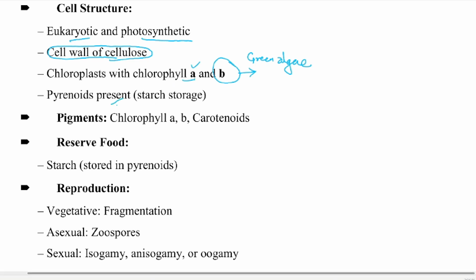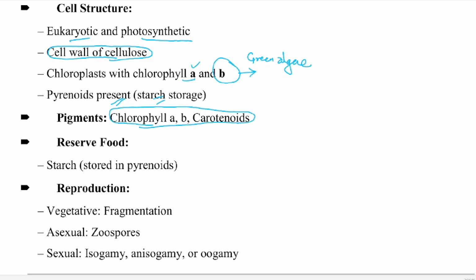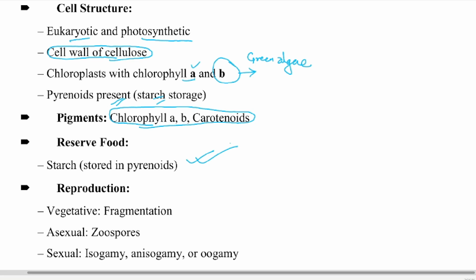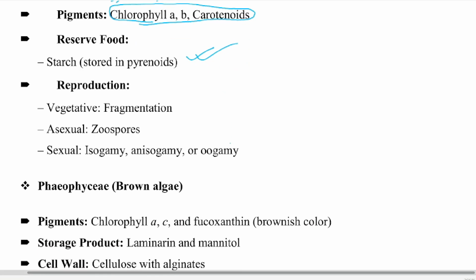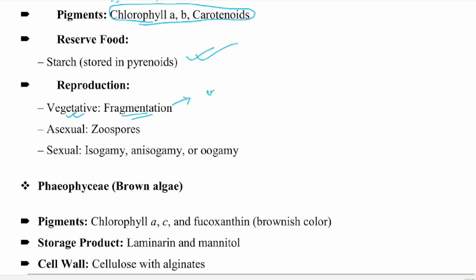There is the presence of pyrenoid, that is starch is stored in the periphery. And in case of pigments, it has chlorophyll A, B, and carotenoids. Again, for clearance, reserve food matter starch that is stored in the pyrenoids. And talking about the reproduction, the common mode of reproduction that is vegetative is through the fragmentation. Fragmentation may be because of the injury,